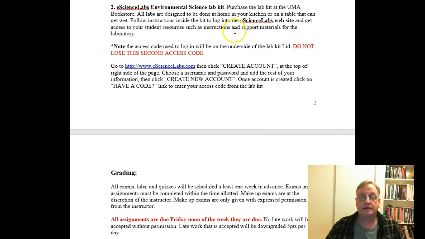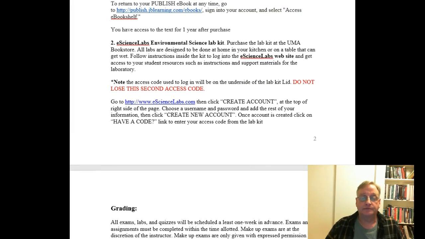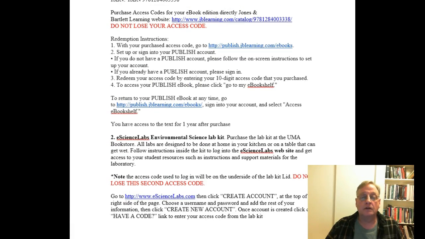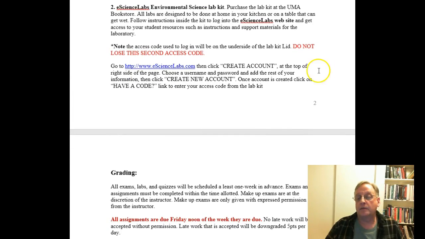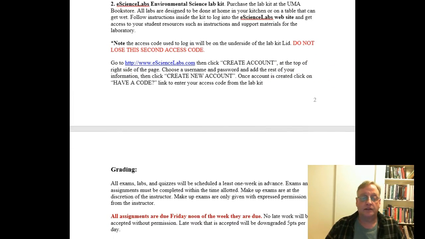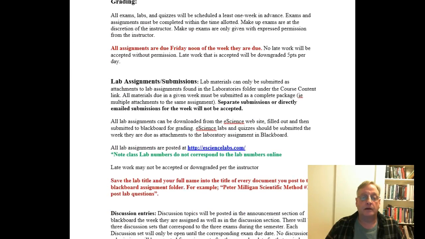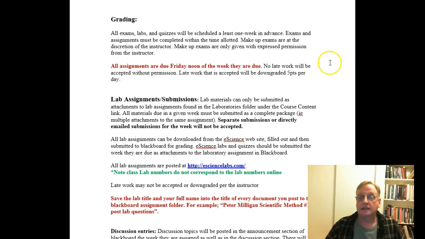And by the way, the lab kit I think is almost, I don't know what it is, $180 something. But the book is only $63 or $69 or something like that. So the book is much cheaper than a textbook, and the lab is a little pricey, but all things considering, for a lab course with a lab, it's well under $300.